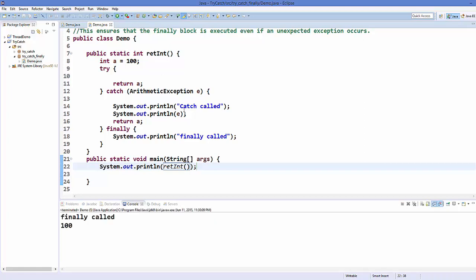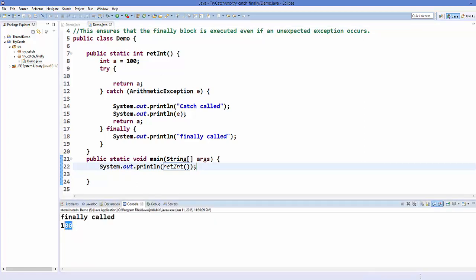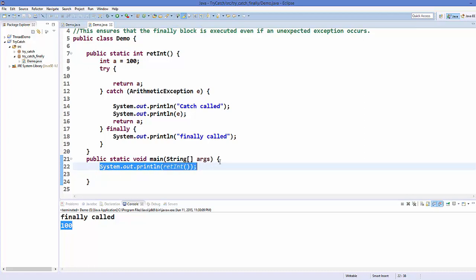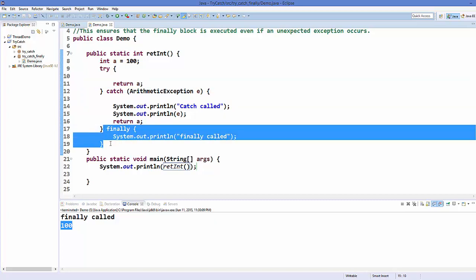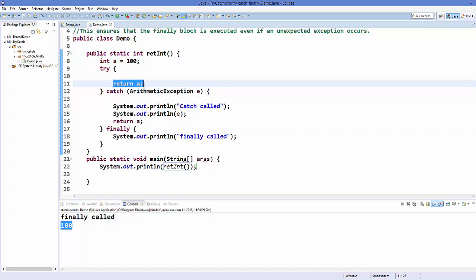So I'm running the program and it returns 100 and 100 is printed here, and then finally block is called after the try block returns. So even if your function returns, this finally block will be called. So it doesn't matter if you return from try block.